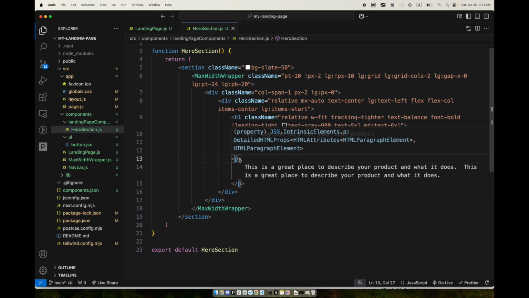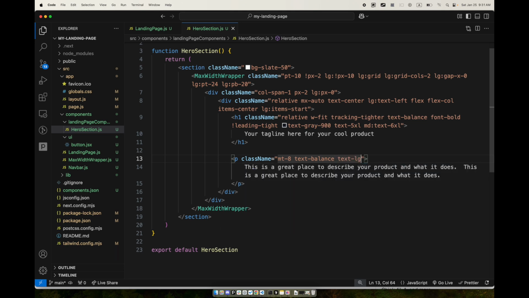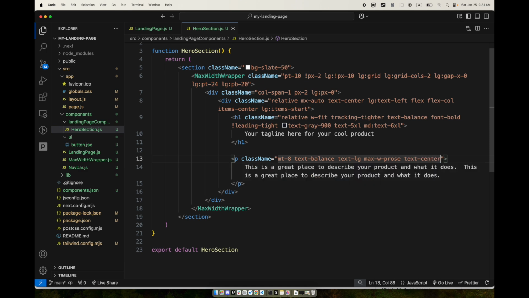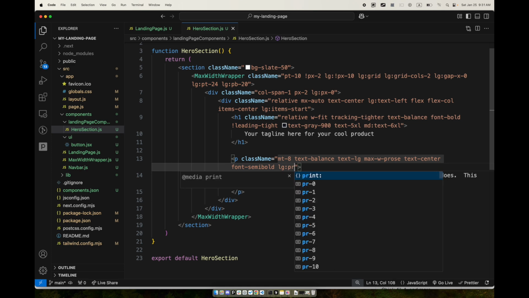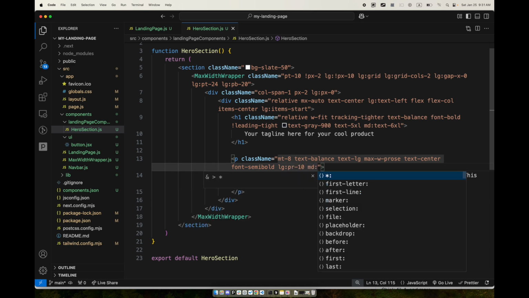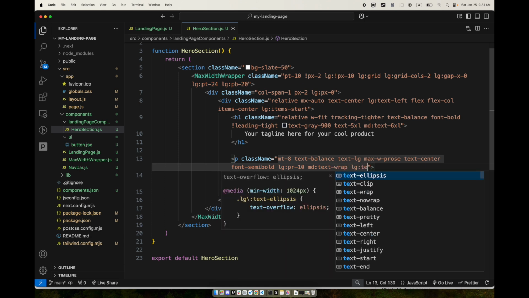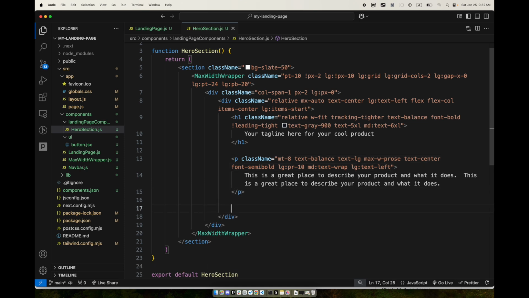And then let's give this p tag a class name: margin top 8, text balance, text large, max width prose, text center, font semi-bold, on large and above padding right 10, medium and above text wrap, and on large and above text left. And then underneath the p tag, let's open an unordered list and give it a class name